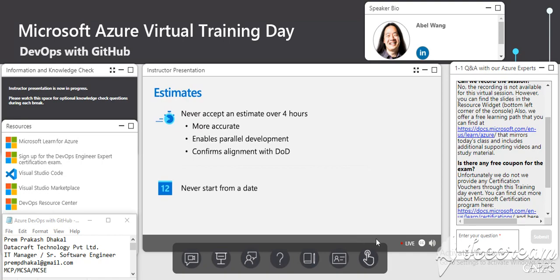All right, so next, if we break down a user story into 4-hour chunks, there's now a possibility that instead of just one person spending 3 days working on this, it can be split up into a lot of small tasks, and my team can work on it in parallel, which means we can potentially knock this user story out much faster. Also, with much finer grained tasks, it is so much easier to track progress. So if I just have a task that's 2 weeks long, when I look at